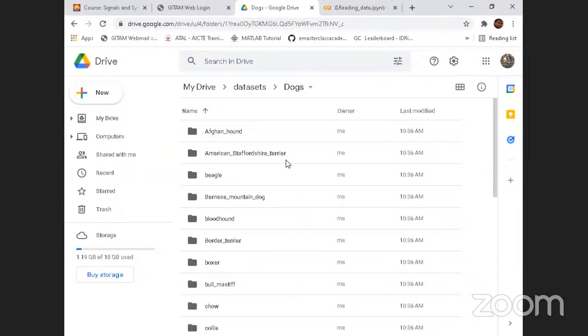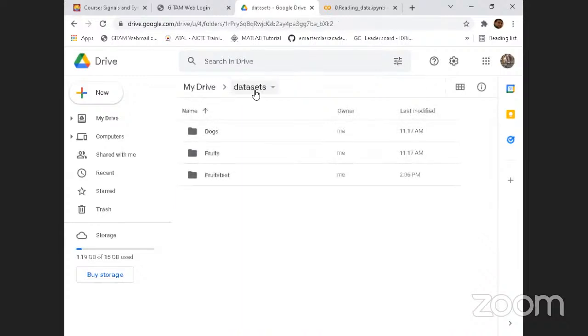Actually, this dataset is a subset of the Stanford dog breed classification dataset. The Stanford dataset consists of more than 12,000 images. We just restricted ourselves to make it quickly trainable in a Colab. So we reduced it to only 25 classes. In the original dataset, it will be 120 classes. So 25 classes are there. This is one dataset, and we are going to classify any given image of a dog to one of the